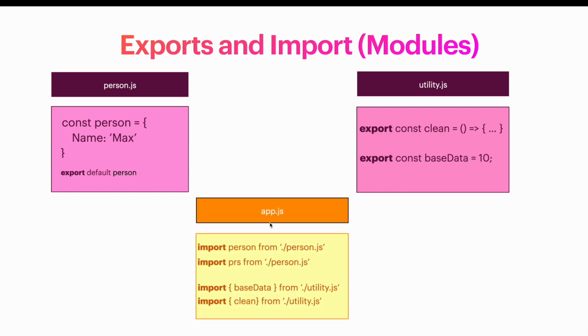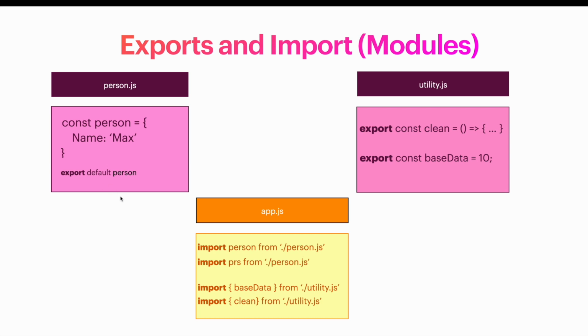So now let's say we have our parent JavaScript file where we want to consume all these objects, or we can say variables, or this arrow function. So here we have used this import keyword. Using this import keyword, we can import, or we can say get, the exported object or any constant variable or function into our parent JavaScript file. As you can see here, we have imported our default object from the person.js file to the app.js file using the import keyword. After that, the object name person and from